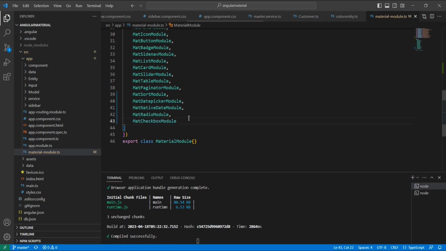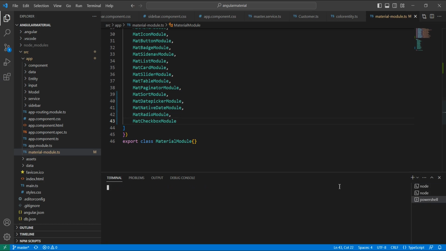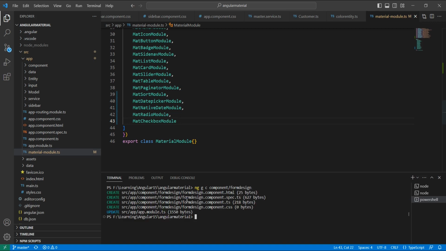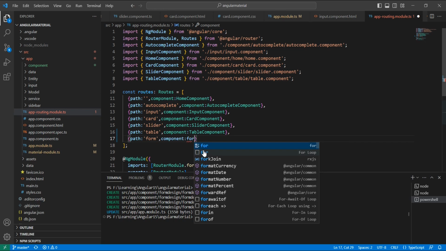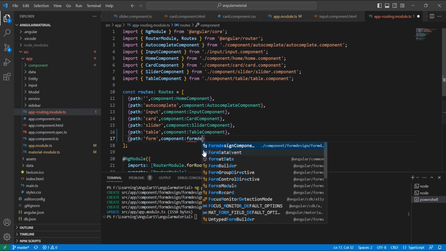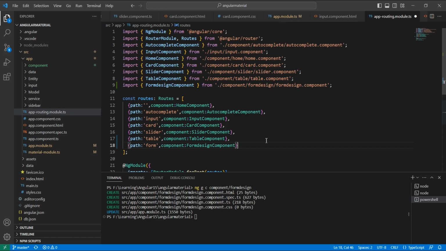Okay, fine. And the next thing is I'm going to create one new component for implementing our form design. Let me provide the name as form-design. Now the component is created, so let me include it in our app routing module, after this table. The path name is form and our component name is FormDesignComponent. So let me save this one,